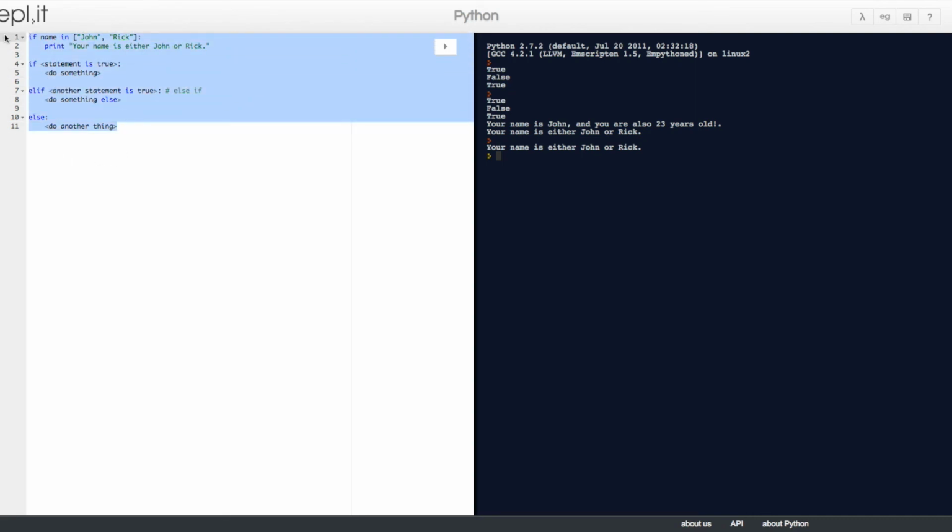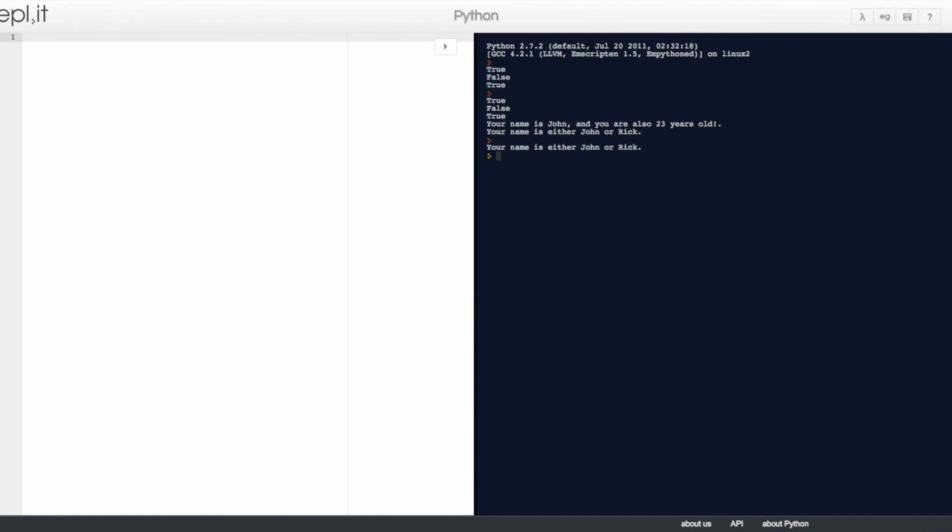Alright, so let's just make an example. So x equals 2. Now if x equals 2 with a colon and we indent the next line, we want to print that x equals 2.